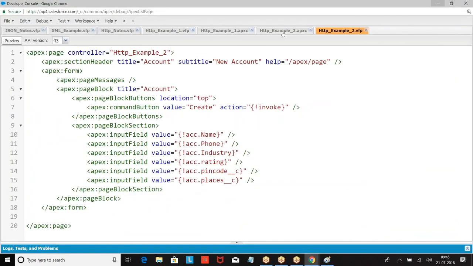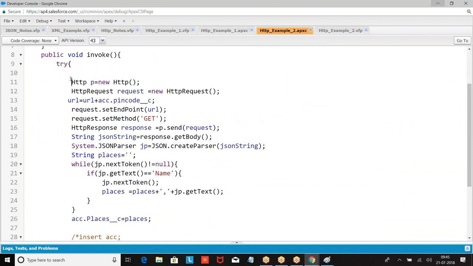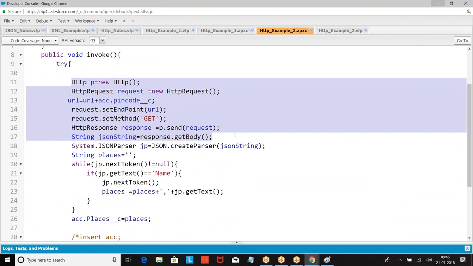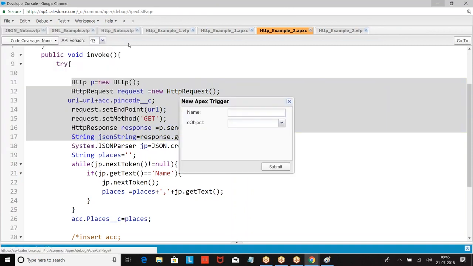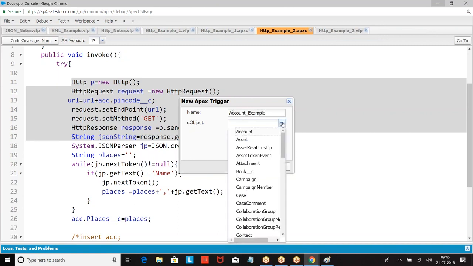First of all, is this example clear? What is our web service code? This is our web service code. Rest of the logic is your business logic. Now we made a URL method, send a request, we are getting a response. Now let us see how this can be invoked on a trigger, in a trigger. Example,